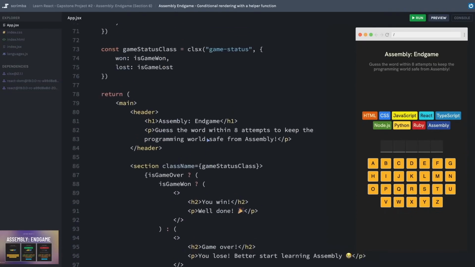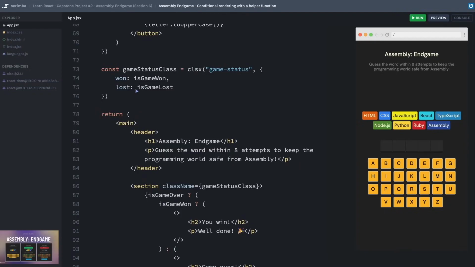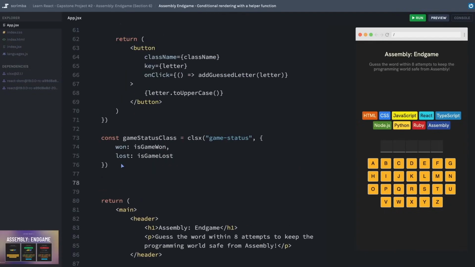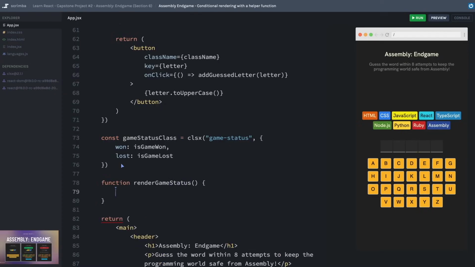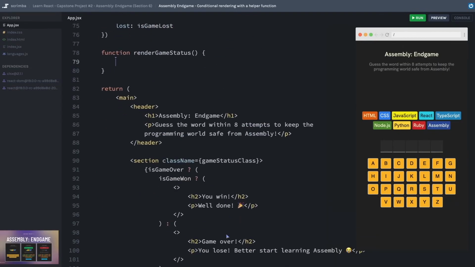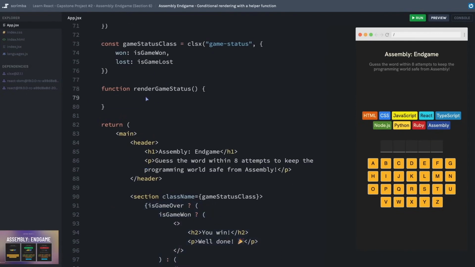So I'm going to just come up here, let's see, maybe right below our game status. I'll create a function that we call renderGameStatus. And because I'm inside of a function, I can return something from these functions, and I can use JavaScript statements like an if-else block. At this point, it's more of an algorithmic challenge to figure out exactly how to equate what we have down here with what's going to be in the function. I don't think that's an important part of the scope of this course.